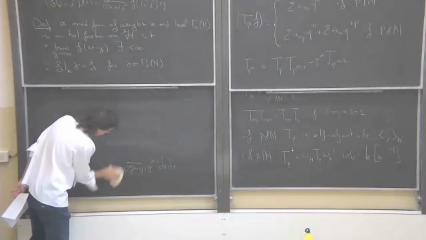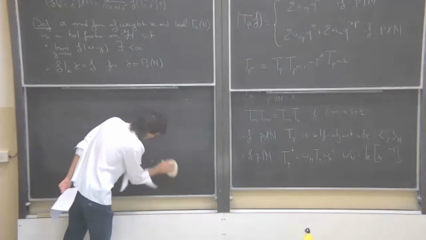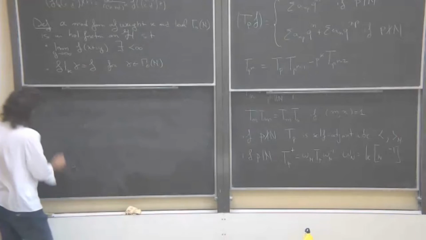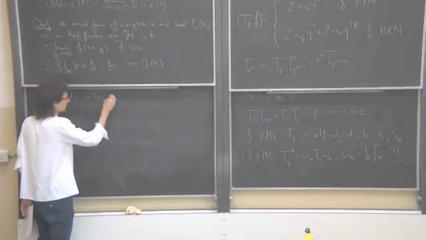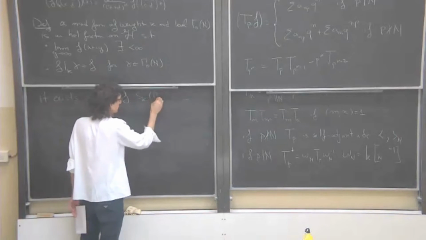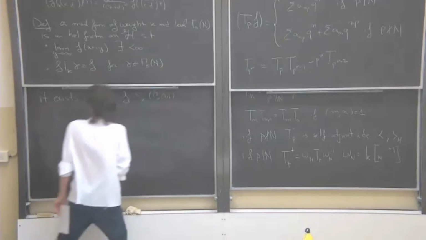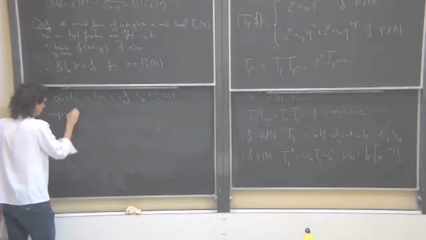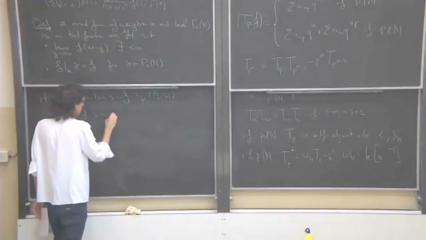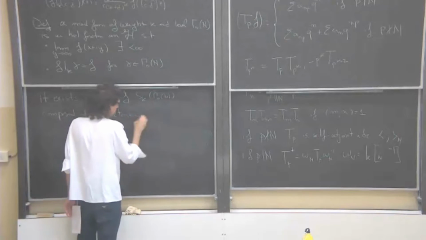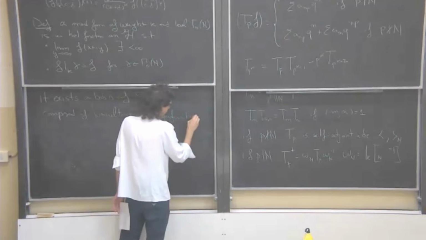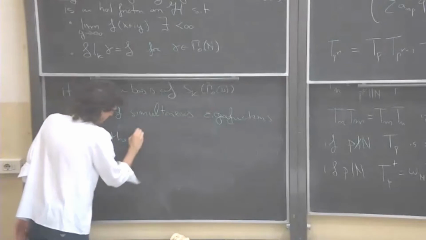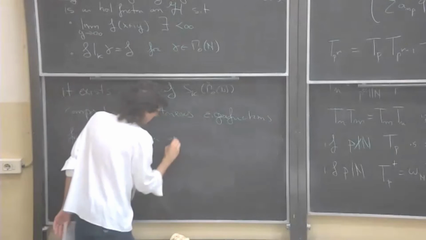So we can use the complex spectral theorem, and we know that there exists a basis of S_k(Γ_0(N)) composed of simultaneous eigenfunctions for all the Hecke operators